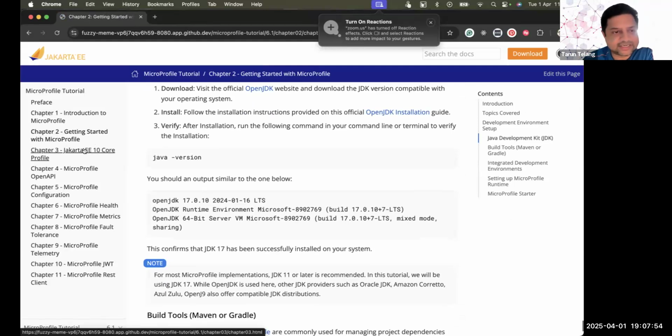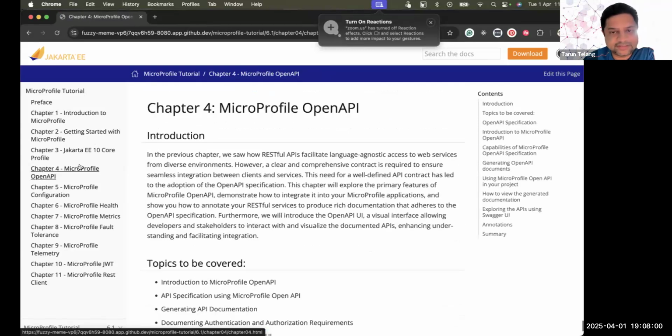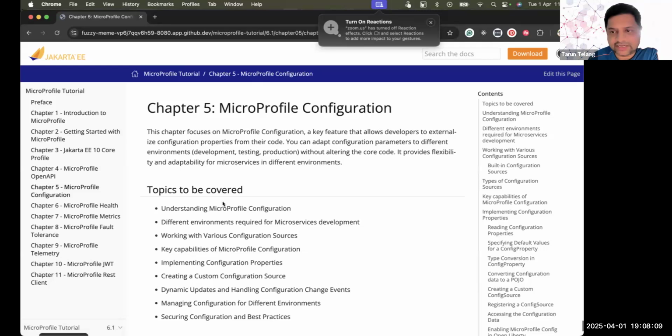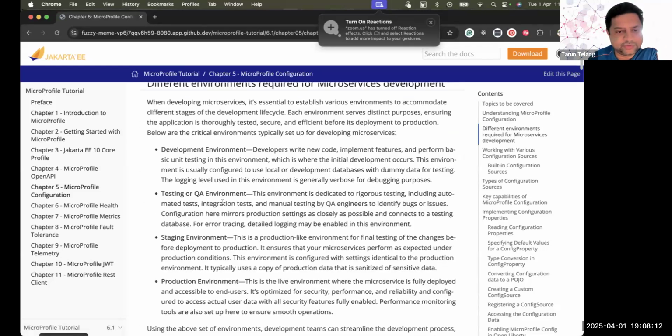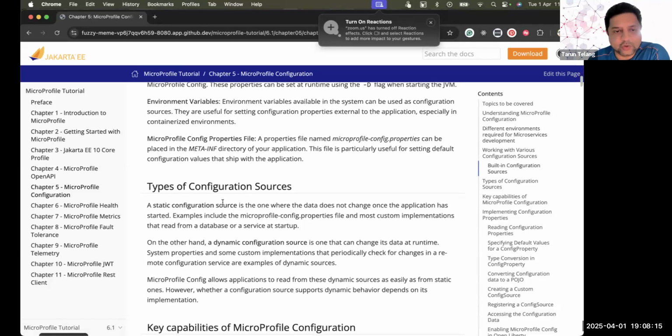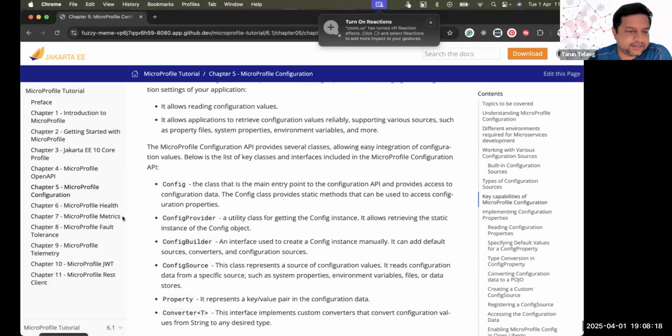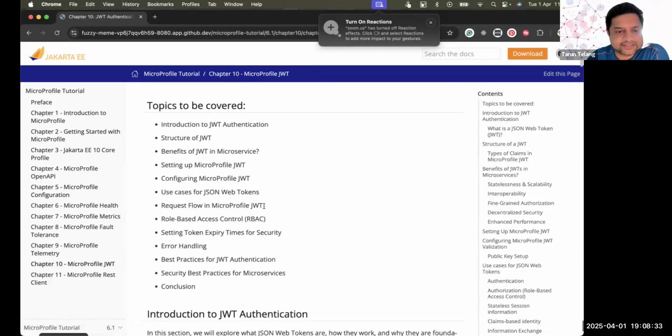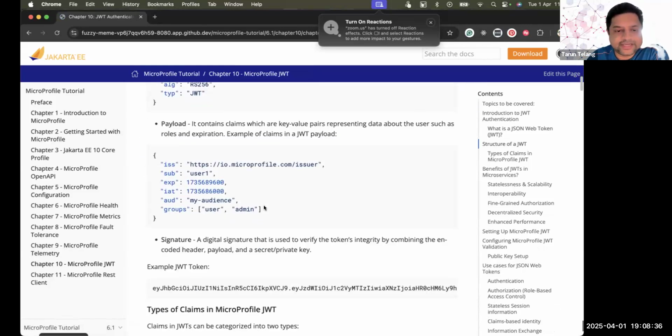Starting from Jakarta EE Core Profile, we have chapters for all the specifications, which is OpenAPI, then Configuration. The content is all put up into a site right now. This is on my local branch, but definitely once all the chapters are thoroughly reviewed and merged, Emily is helping on that, then this site could also be published, where we have all these sections with code examples